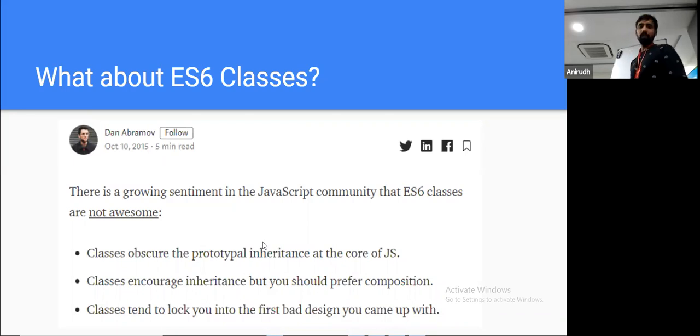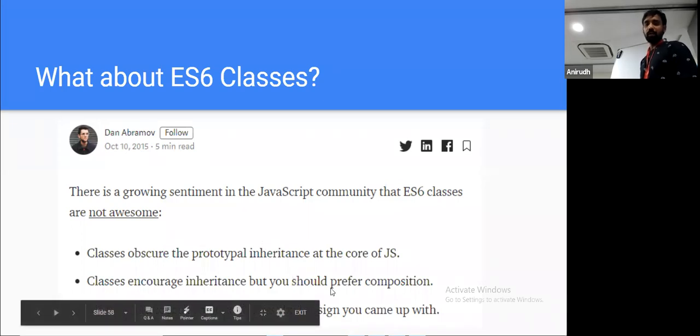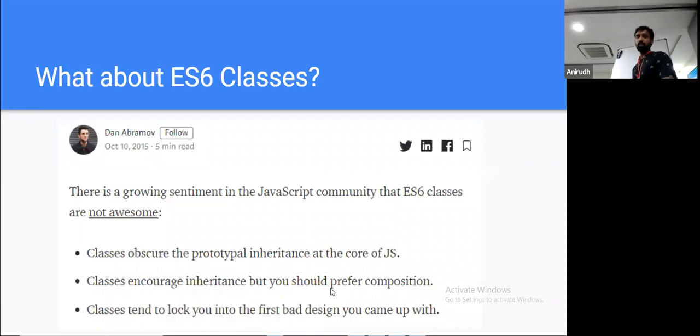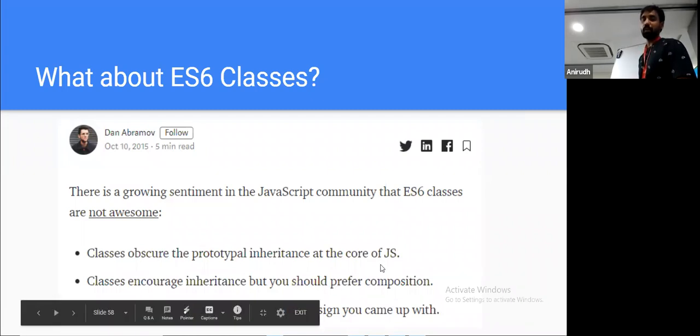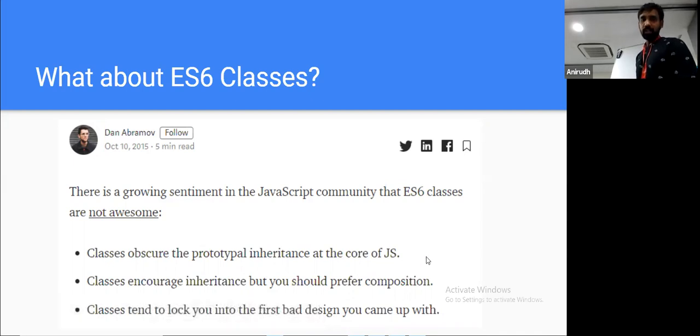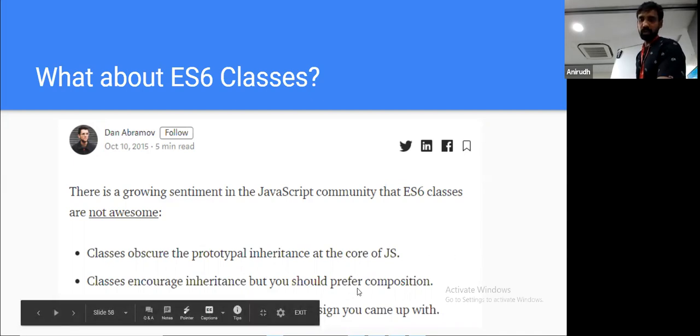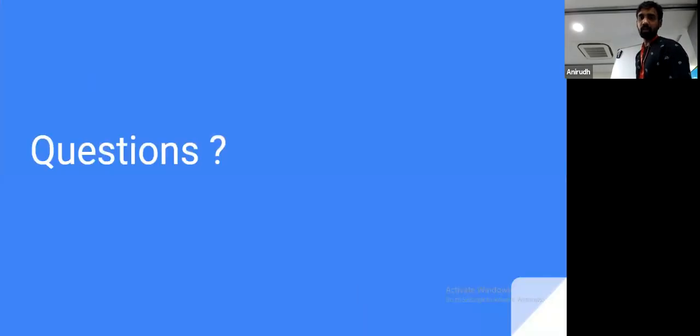He has also written that composition should always be preferred over inheritance. So I think in production you should be using hooks if you truly want to take advantage of functional programming.